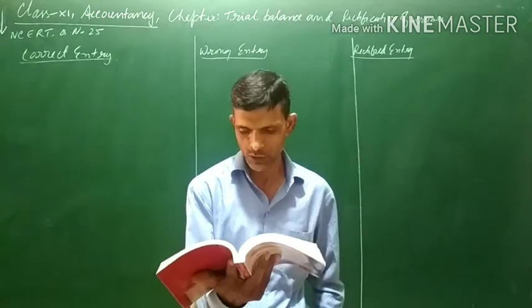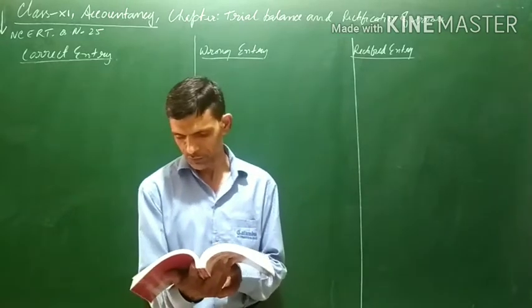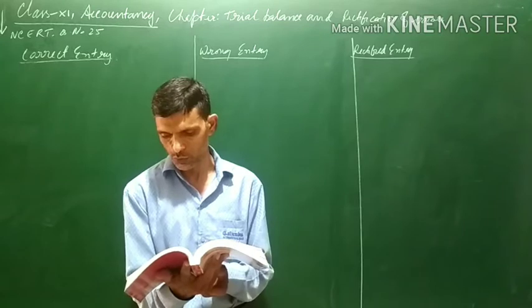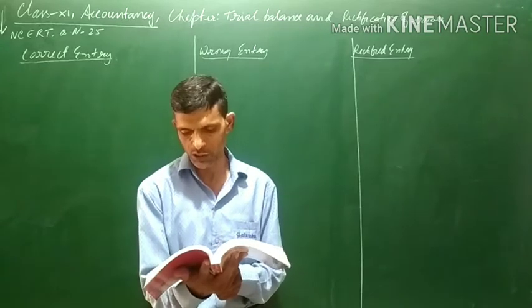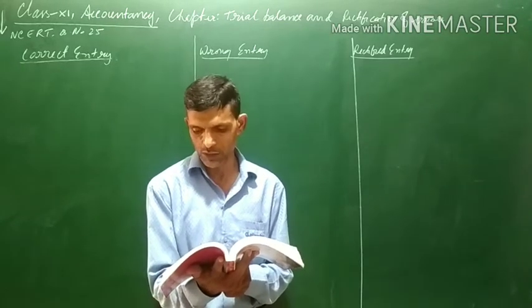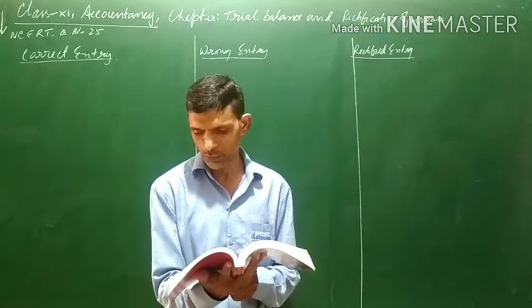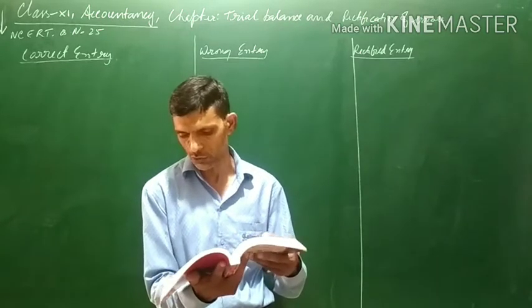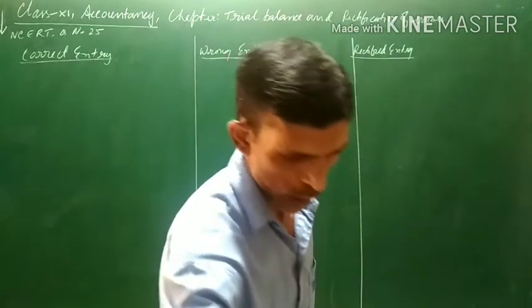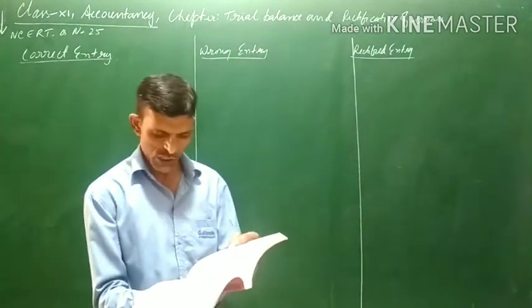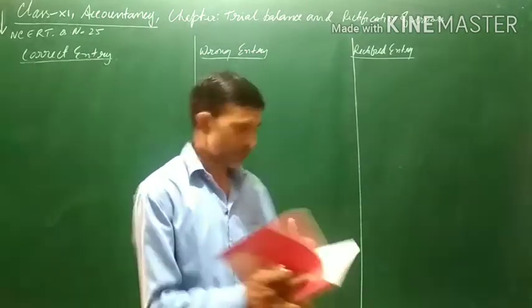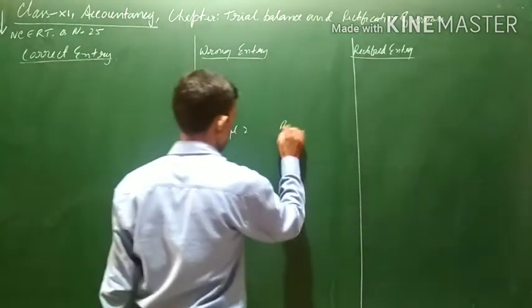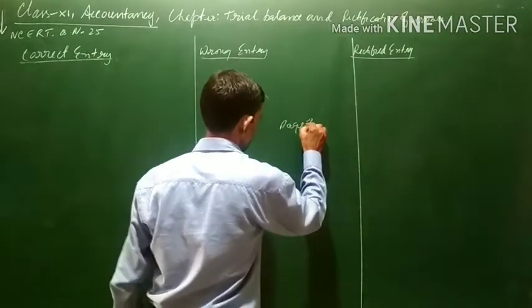Starting with the very first one: in the sales book for the month of January, total of page number 2 was carried forward to page number 3 as 1000 instead of 1200. And total of page number 6 was carried forward to page 7 as 5600 instead of 5000. Now, how to solve this question: you can see page number 2 and page number 3. First of all, let us write here page 2 and page 3.